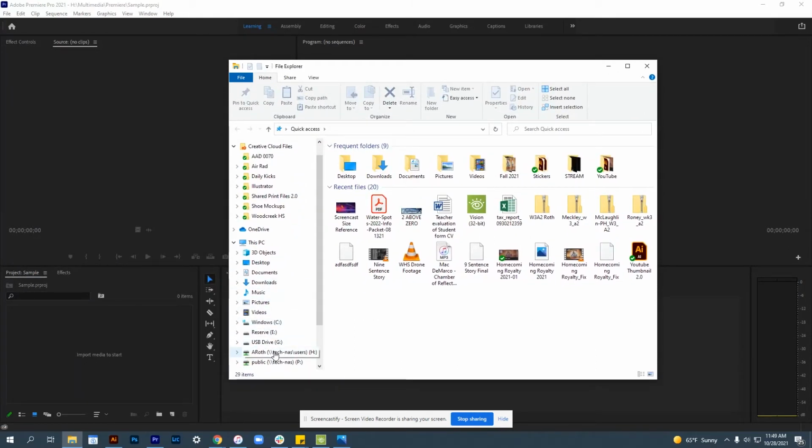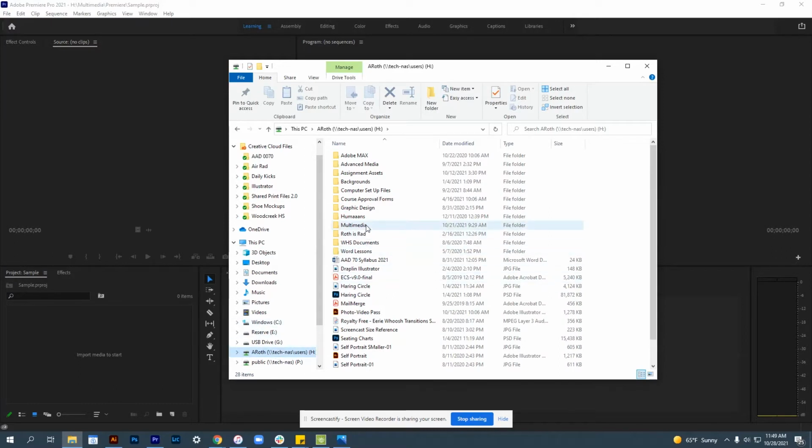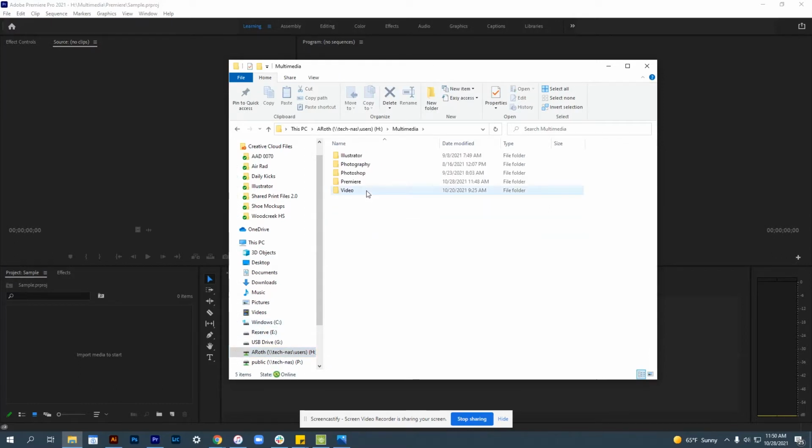Now, because you will be using either a school camera or a phone, there may be a different way for you to get it, but once you have your files on the computer, you need to make sure that you bring them into your H drive, okay? You want them in the home folder. And the reason is because Adobe